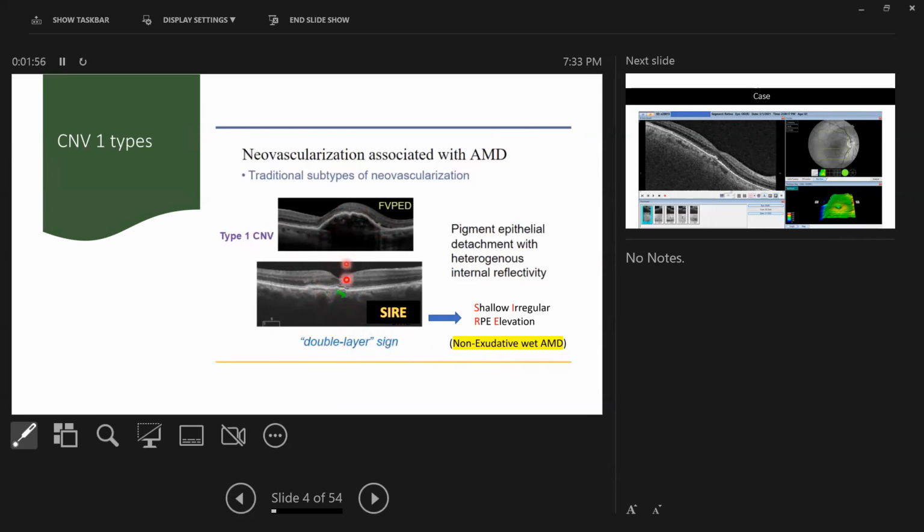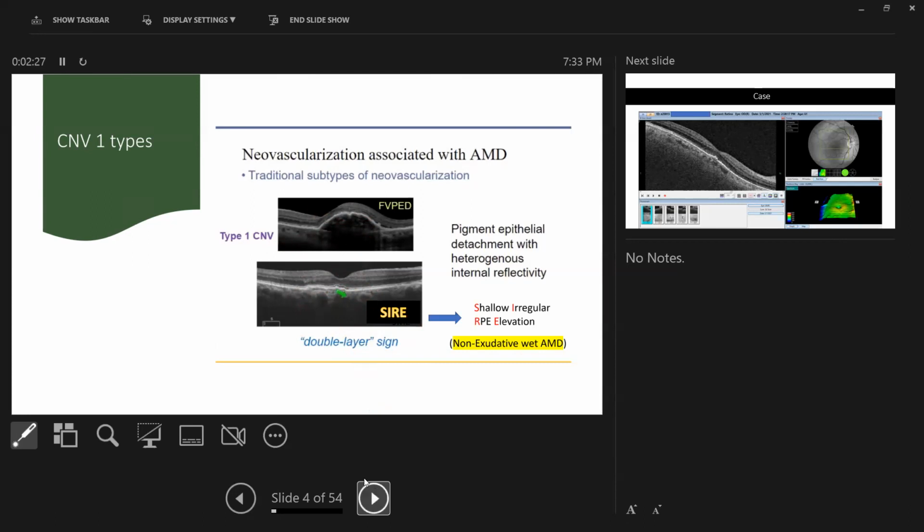What's the difference between the two? In both types we have type 1 CNV, but in the first type we have active type 1 CNV, while in the second type we have silent type 1 CNV. Why is it important? Because in the first type we treat, in the second type we observe, we don't treat. That's why now we have a new terminology: non-exudative wet AMD, which means we have a type 1 CNV but there is no intraretinal